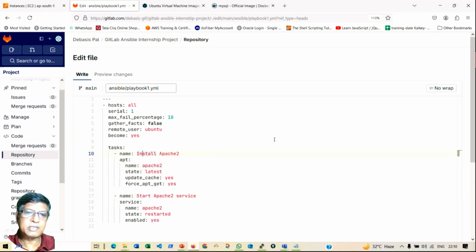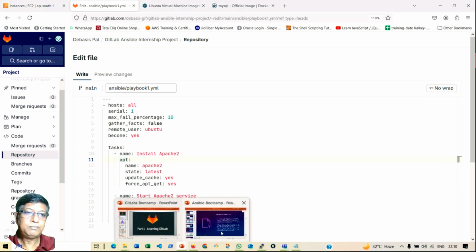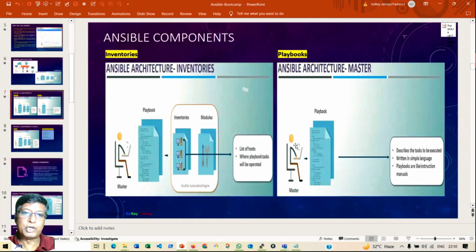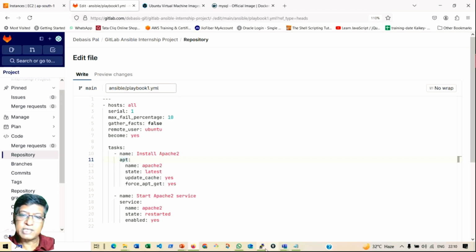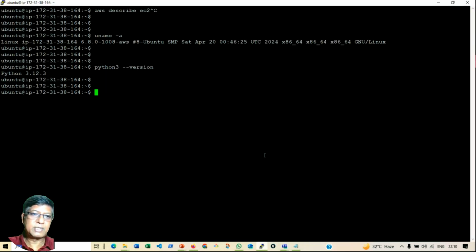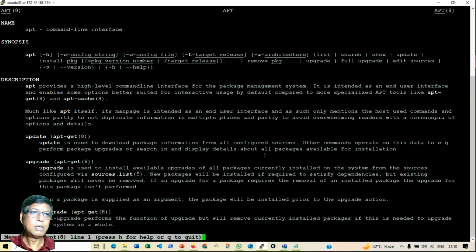What is the first task name? Install Apache 2. What is the module we are using? Remember, we have learned that Ansible does everything through modules. You see the modules. And what is the one module? That is the apt module. So what is the apt module? APT is a command line interface, which